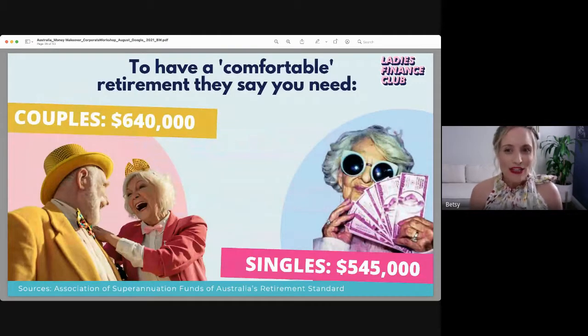Now, how much do you need to have a comfortable retirement? This is very subjective. I'm just going to say it, because what's comfortable for one may feel like living like a pauper for another. But the Association of Super Funds Australia say that to have a reasonable standard of living, an individual needs to retire with $545,000 in today's money,